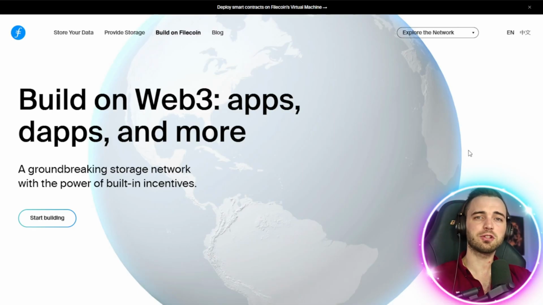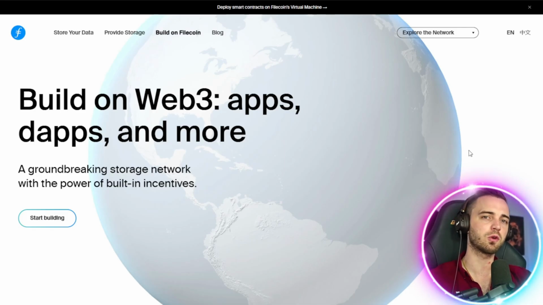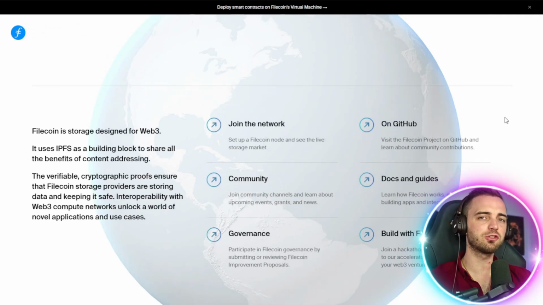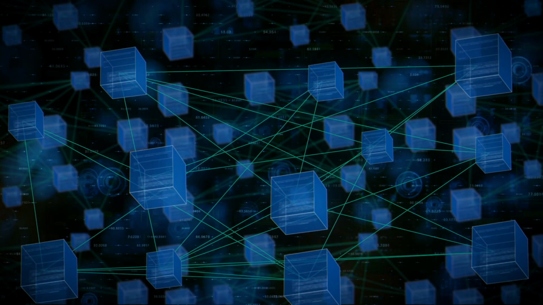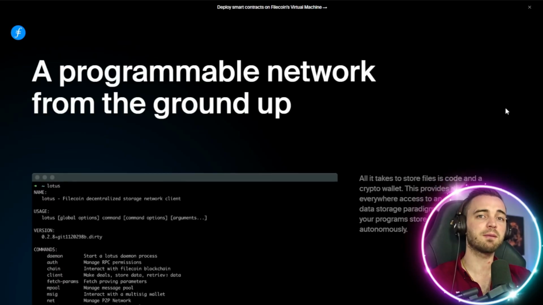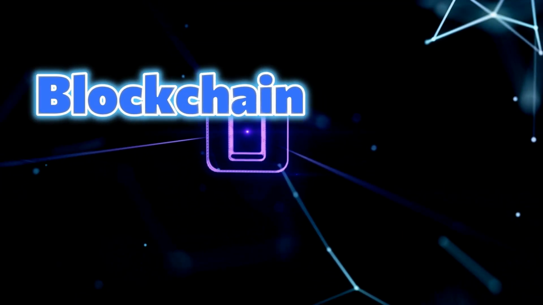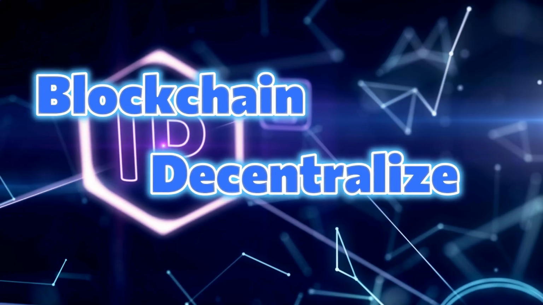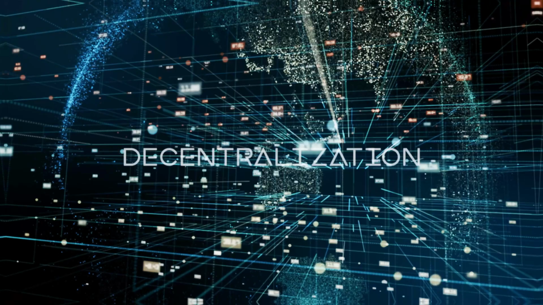Now, for developers, they can deploy decentralized apps that rely on Filecoin to store and retrieve user data automatically. The infrastructure they've set up here is truly one of a kind, and it really does raise the bar for blockchain storage as a whole. It integrates with IPFS, giving dApps permanent content address storage that they can access at any time. And because this is on the blockchain and decentralized, if one node goes down, another node can step in to fill that gap, since it's such a huge network.